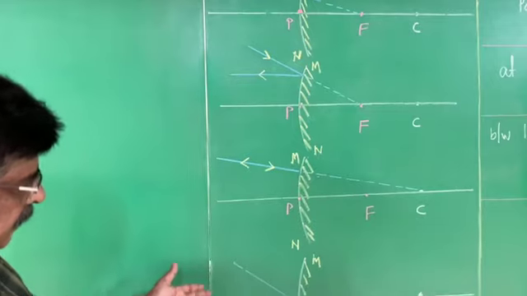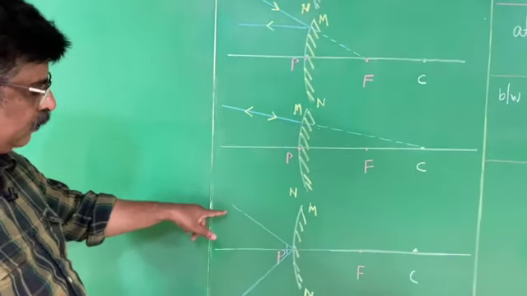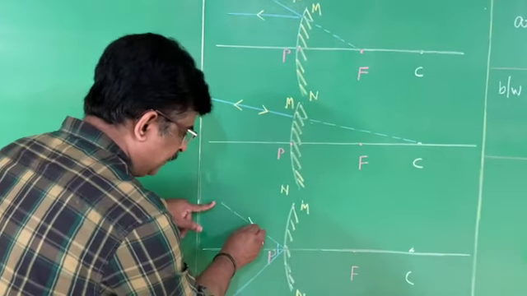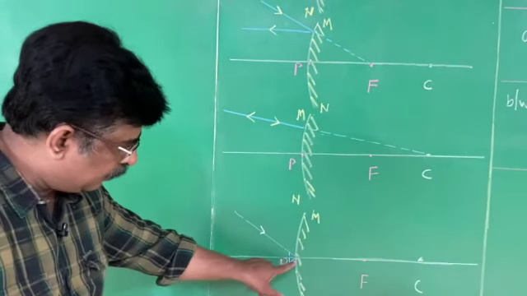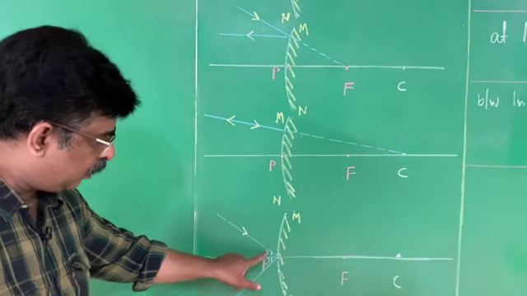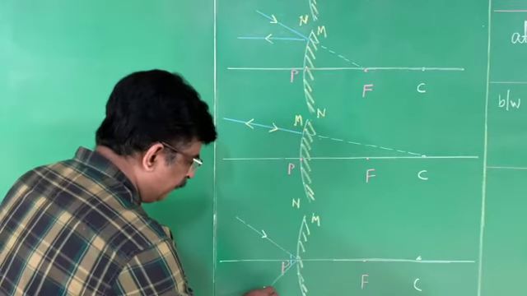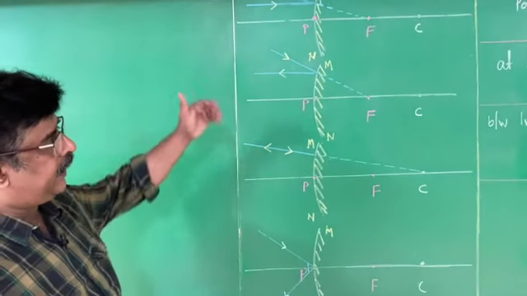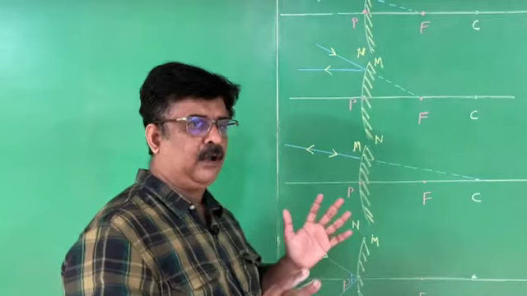And fourth condition is the same as in the case of a concave mirror. In the case of a concave mirror, what I told you is, the ray of light incident to the mirror oblique to the principal axis, at the pole of the mirror, after the reflection follows the law of reflection. Angle of incidence is equal to angle of reflection. Therefore, the conditions required to draw a ray diagram are the same for both convex and concave mirror.